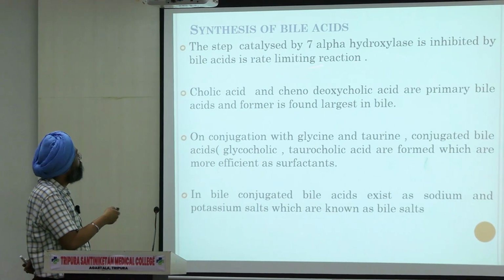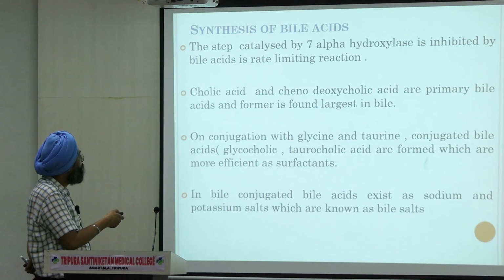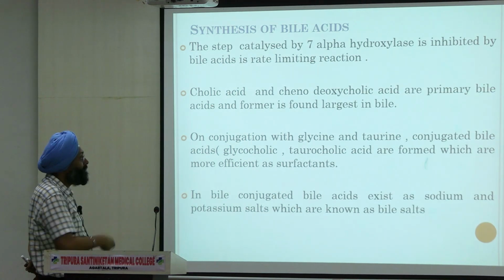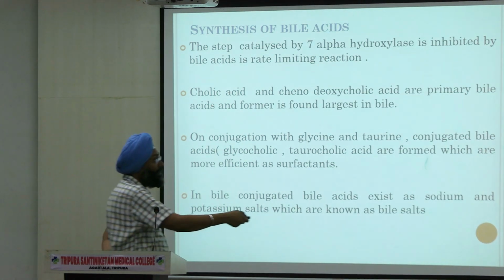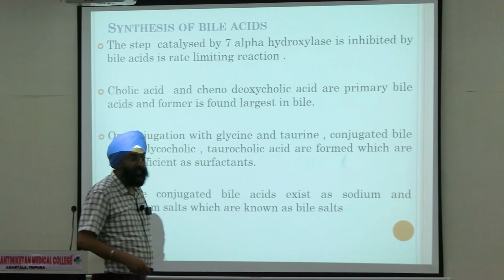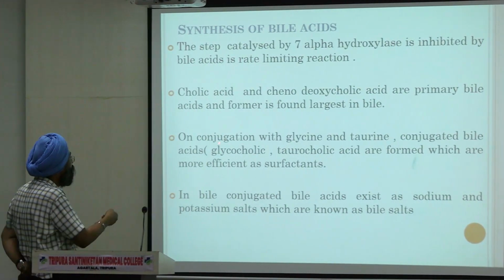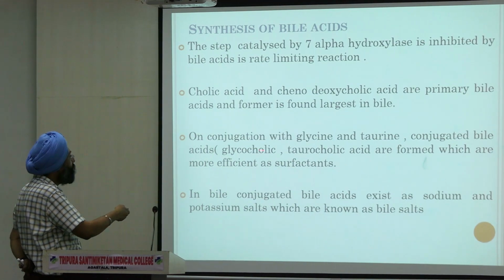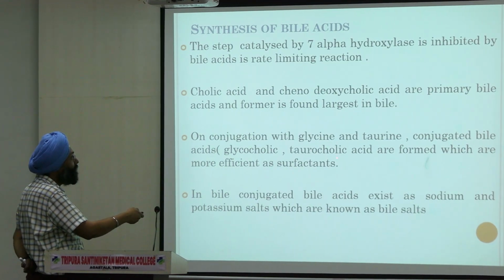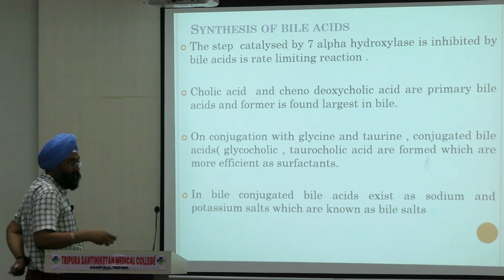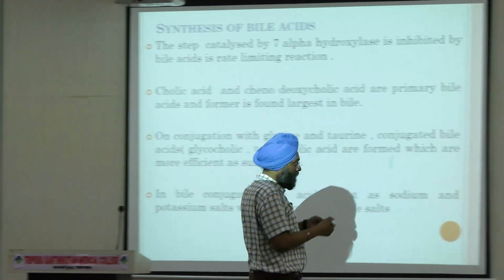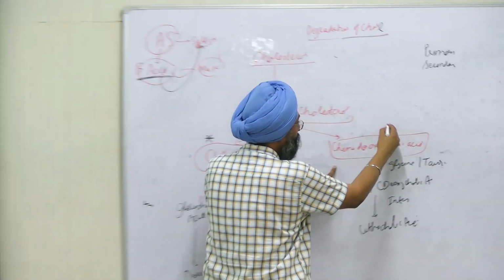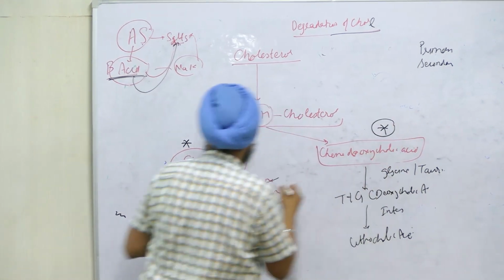So see, seven alpha hydroxylase, inhibited by bile acid, is the rate limiting reaction, right? So cholic acid and chenodeoxycholic acid are primary bile acids, right? On conjugation with glycine and taurine, they will form glycocholic and taurocholic acids, which are more efficient surfactants, right? So these two are this one and this one. They are primary